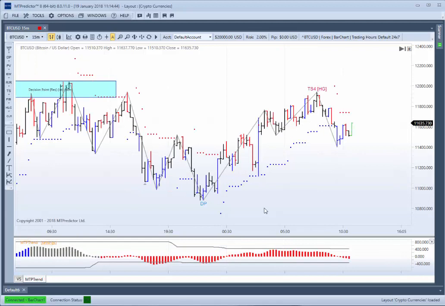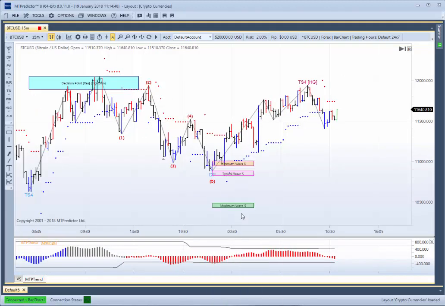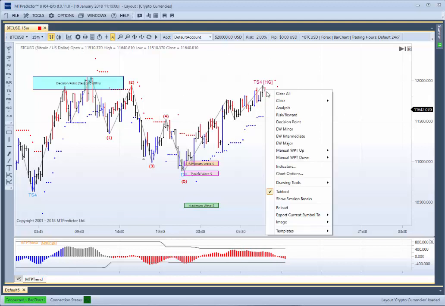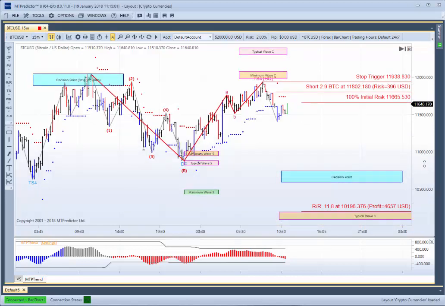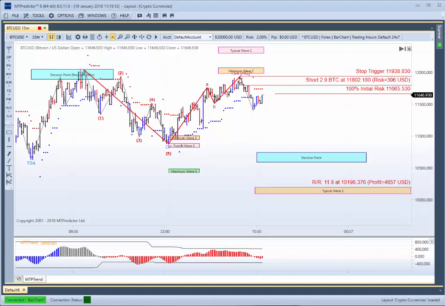So now when we go down to the 15-minute chart, there was our 5-wave sequence going down there. Do you remember that? What's very interesting now is we've actually got a Holy Grail sell setup here. Our MTP trend is red on this 15-minute time frame. So if we right mouse click and do the analysis here, it'll be very interesting to see whether Bitcoin does indeed decline now into the 101 area here, down from 118,